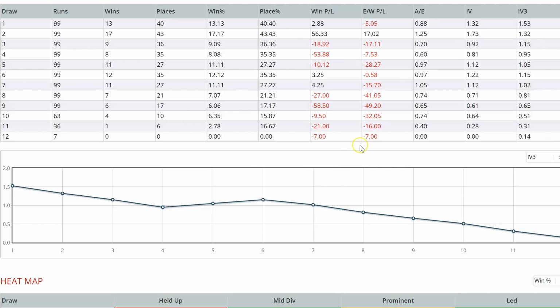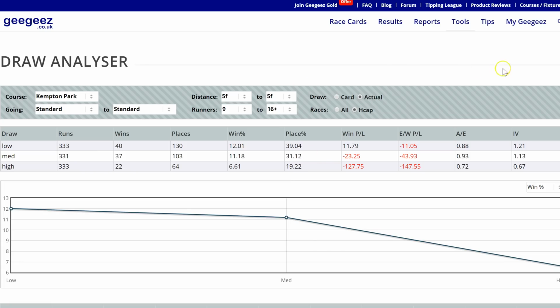So again, it's there. If you want to use it, then do. If you don't, then don't. For me personally, I'll generally be sorting the draw chart by IV3 because I like the way it smooths the picture, the way it tells the true story and eliminates a lot of the noise from the image. So that's another thing. It's on the draw analyzer. It's also on the